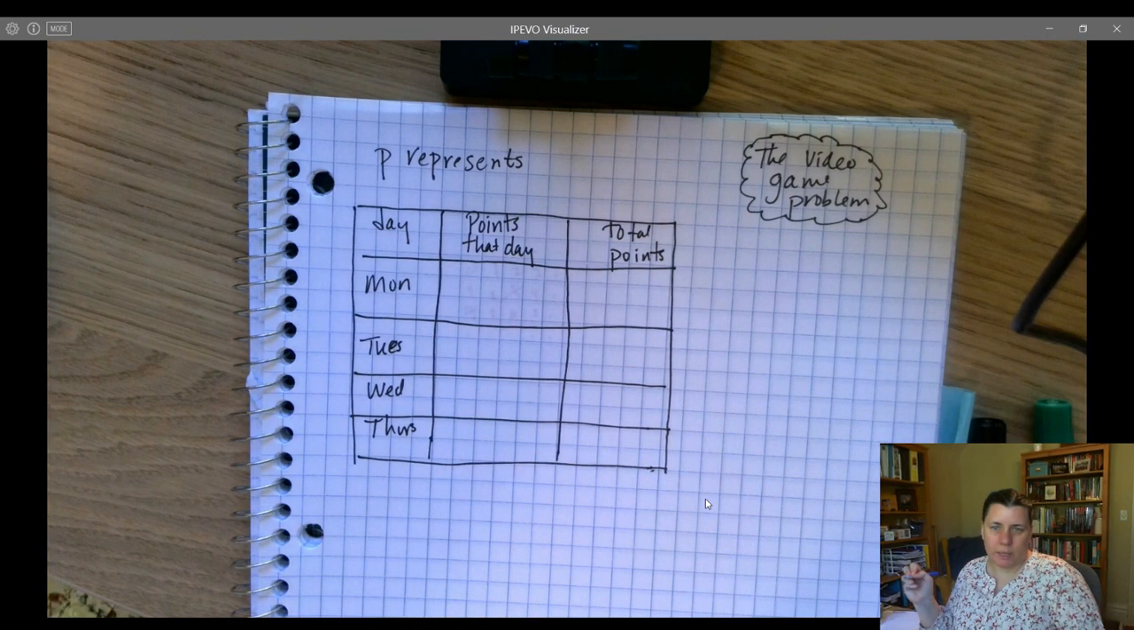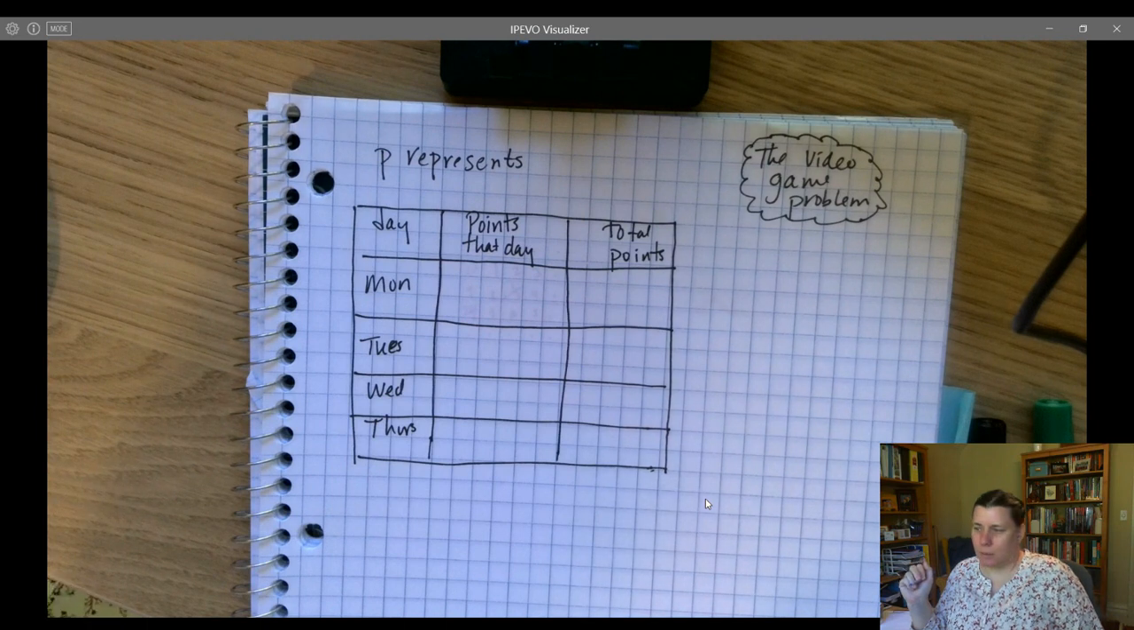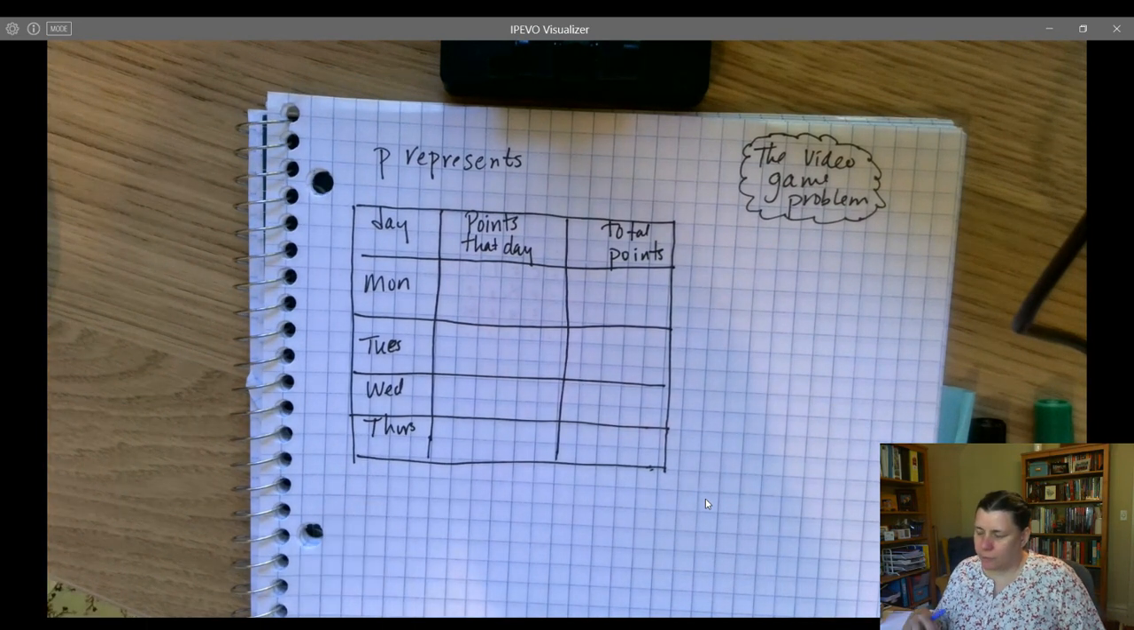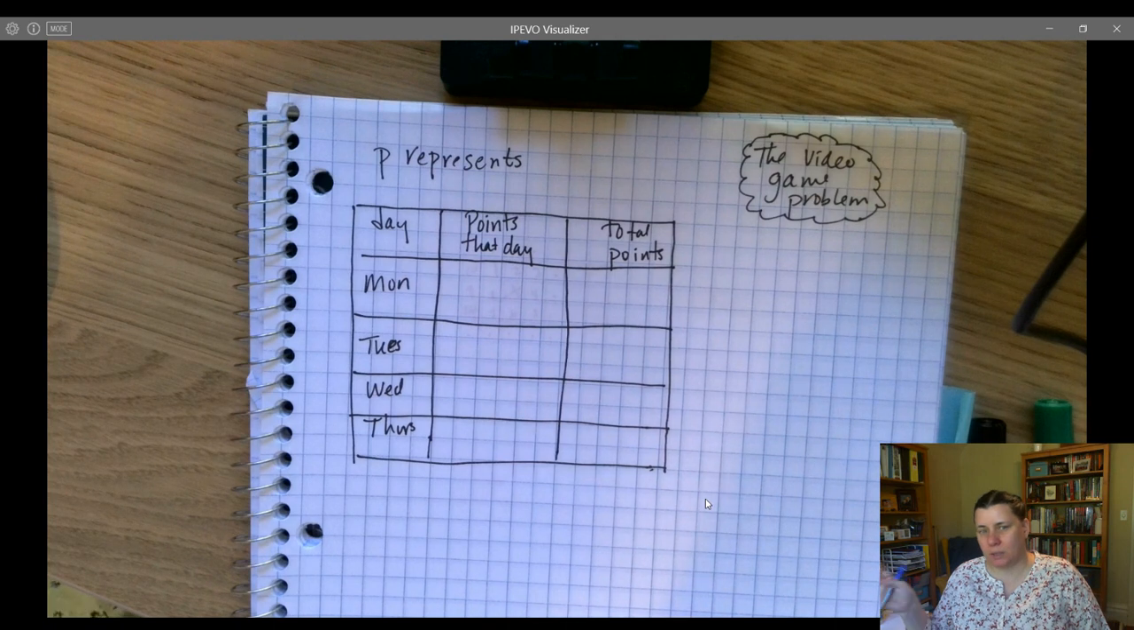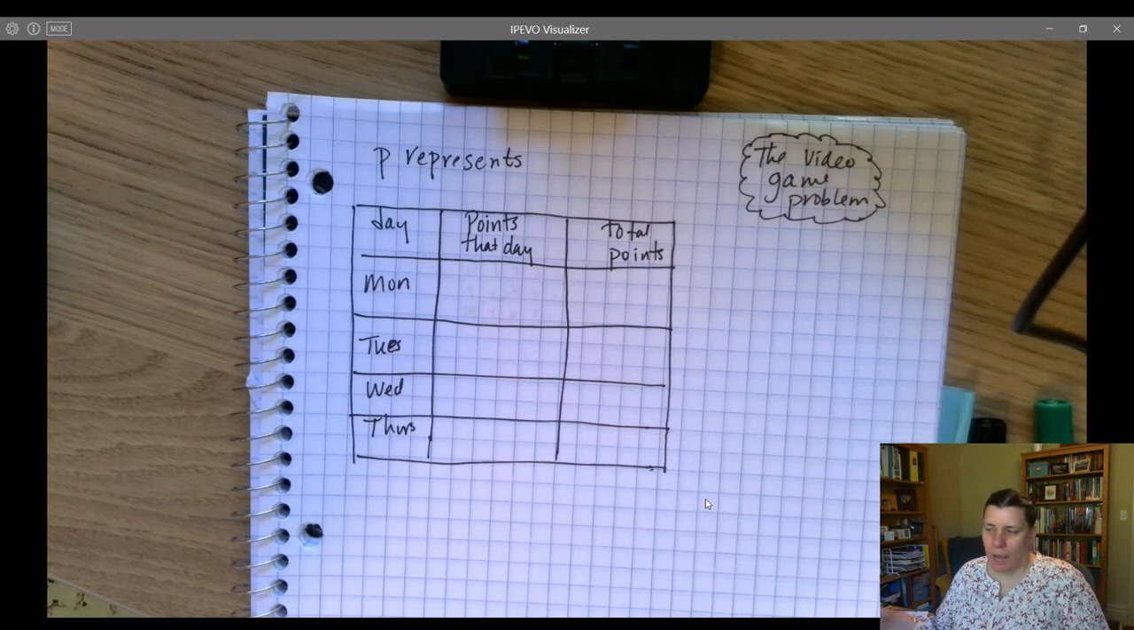Okay, so I'm going to read the problem again, and then we're going to pull out the clues. For me, if I was to create my own expression, I would probably make a graphic organizer like this, or at least envision it in my brain. So I'm going to show you how I would use this graphic organizer to help me write the expression that